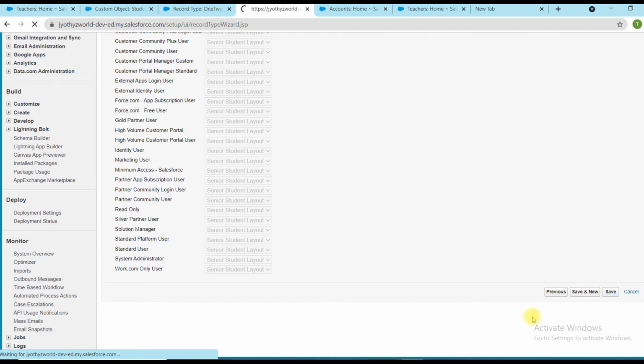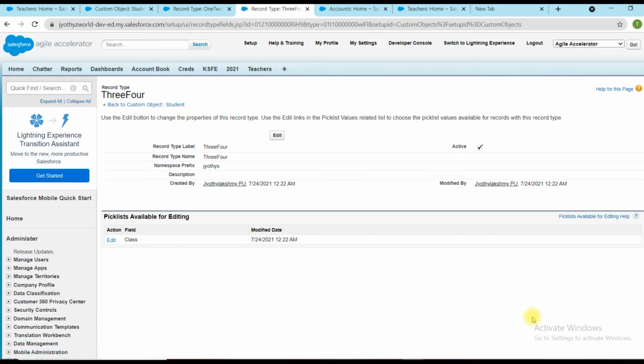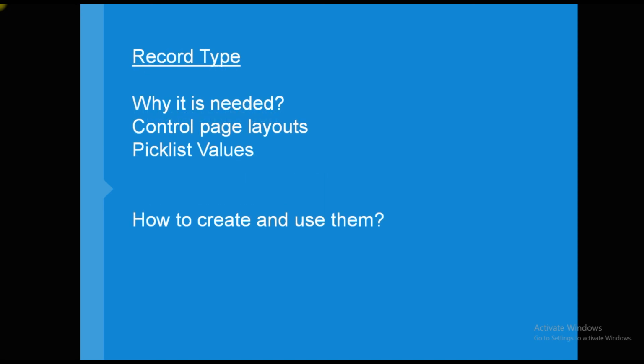So what are the things we have created? 2 objects we have created, associated fields we have created, within that some lookup relationships created among these objects, then page layouts created, record types created. We have done the assignment across the page layout and record type. Going to the next slide, record type. This we have already done.